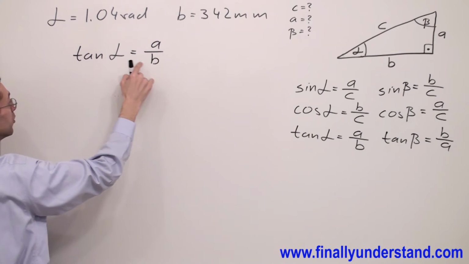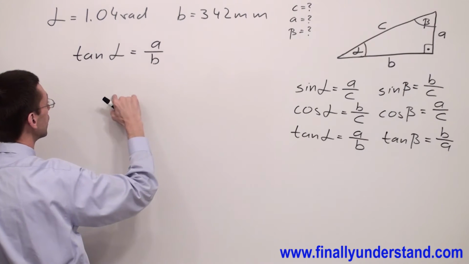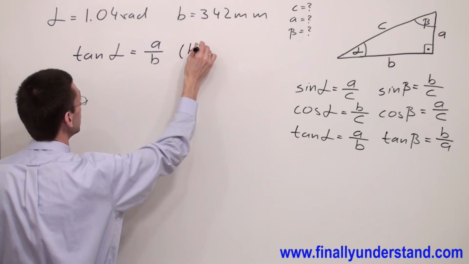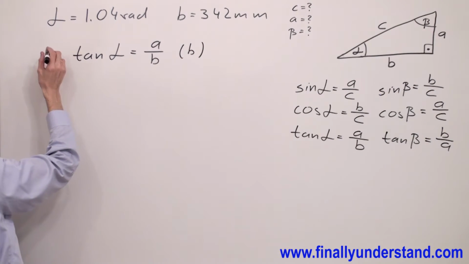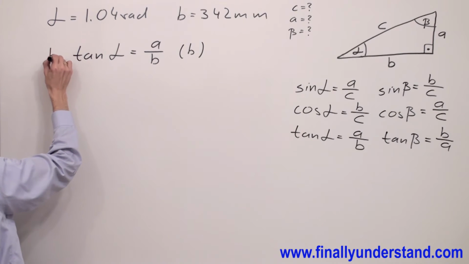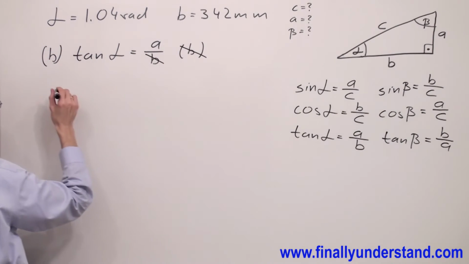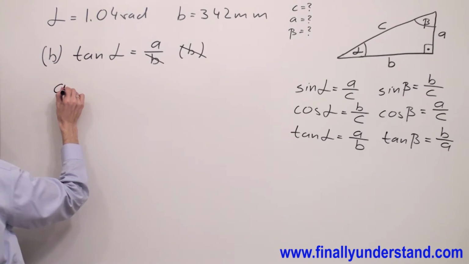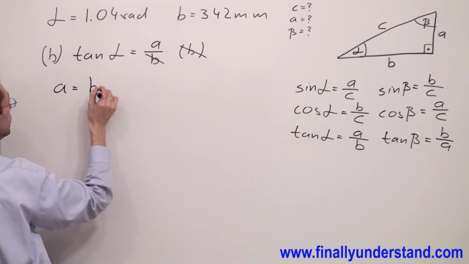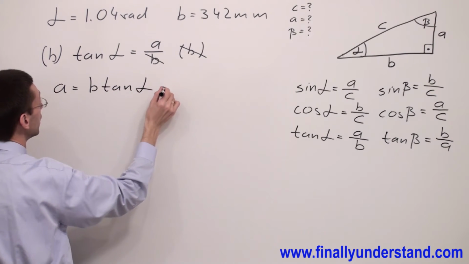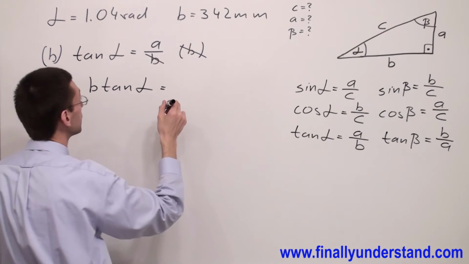Alpha is given, B is given. I can solve this formula for A. Multiply both sides of the equation by the denominator because I want to eliminate the fraction. B and B will cancel out. And I have A equals B tangent alpha, where B is equal